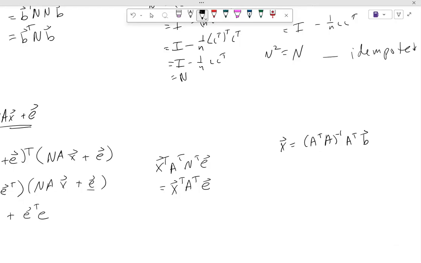The transpose of that would be everything in the reverse order, right? So it'll be B transpose A